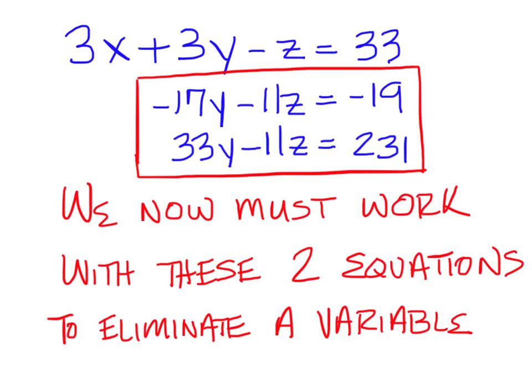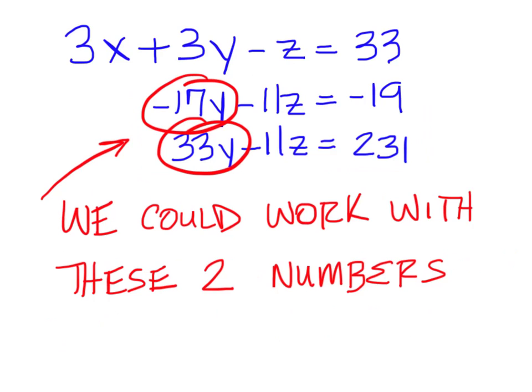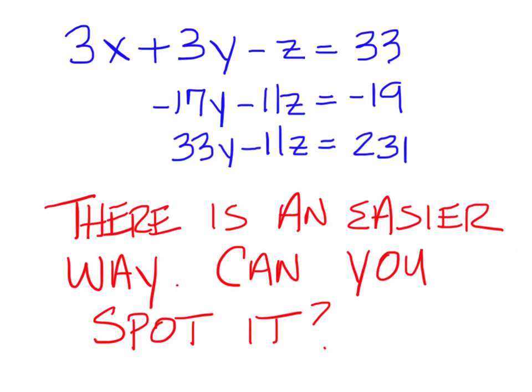You could do those two. There's an easier way. Can you see the easier way in there without having to use the y numbers? It doesn't work in all the problems, but in this one it just happened to come up. It's what? I can't hear you. Z? Yeah, the z ones. Yeah, because look, you have negative 11, negative 11. They're already in place. So you wouldn't have to do anything except pick the operation you're going to use to